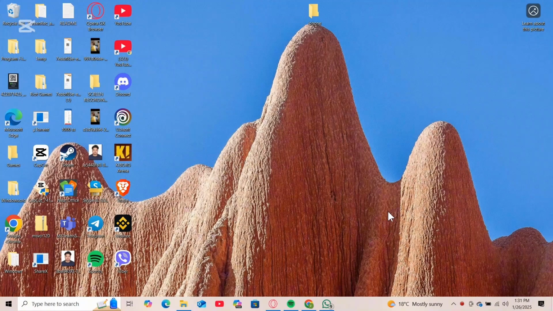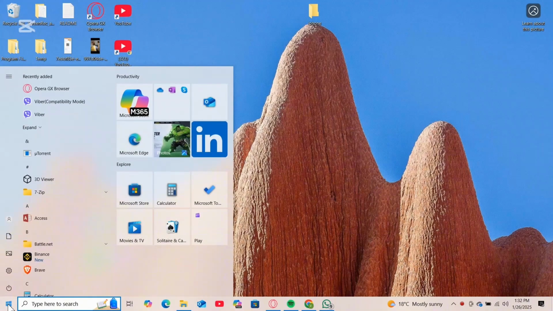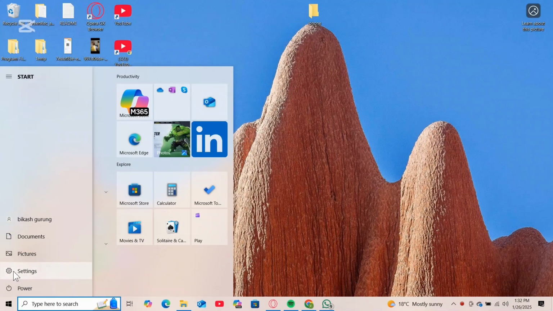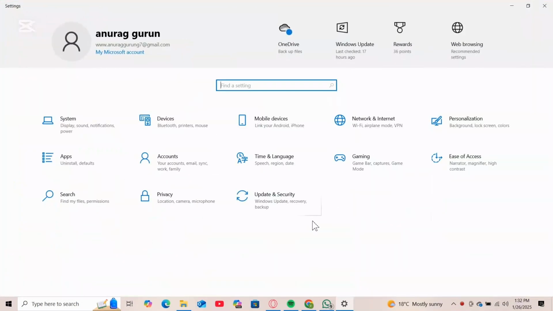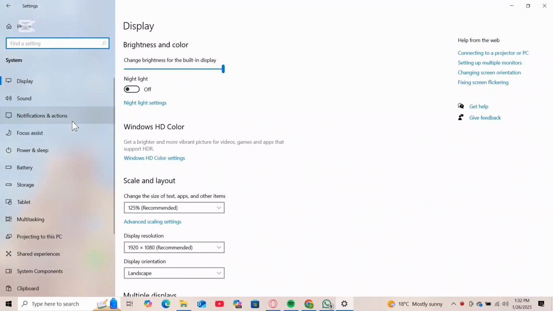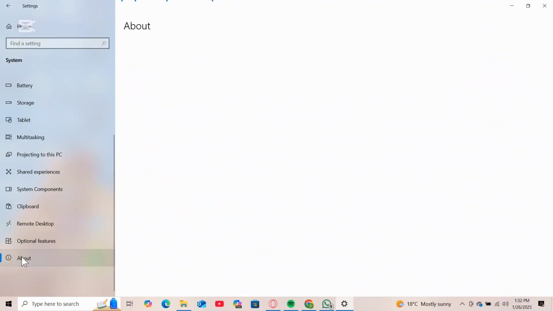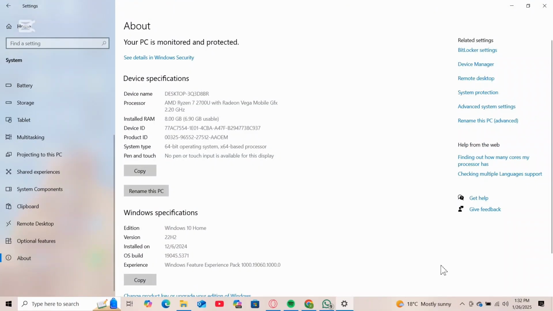So method 1 is to use settings. So start by clicking the Windows icon in the bottom left corner of your screen and simply select settings icon. And once the settings window is open, simply click on system and then navigate to the about option on the left hand side. And here you will find key information about your device such as the device name, processor, installed